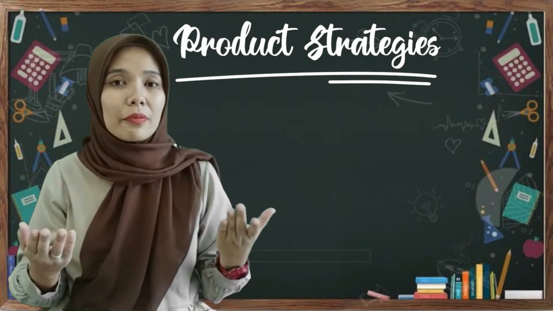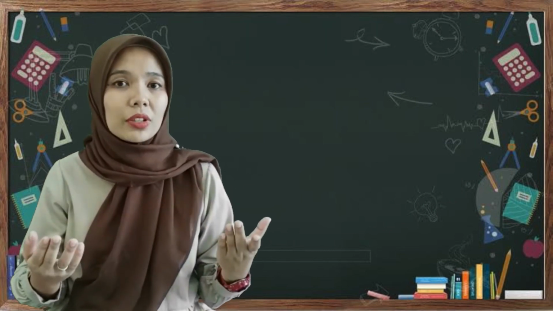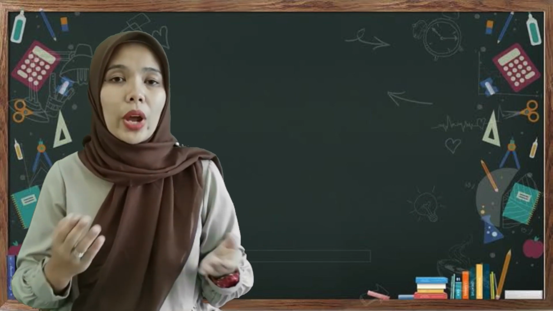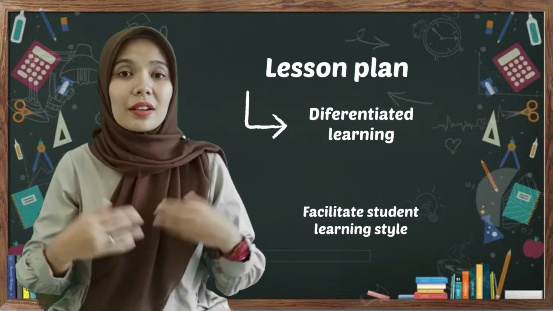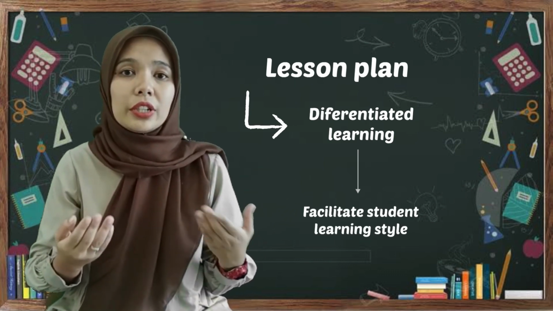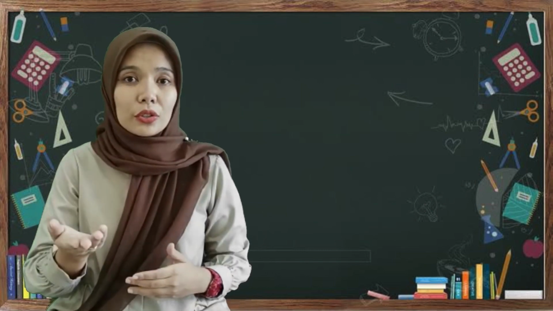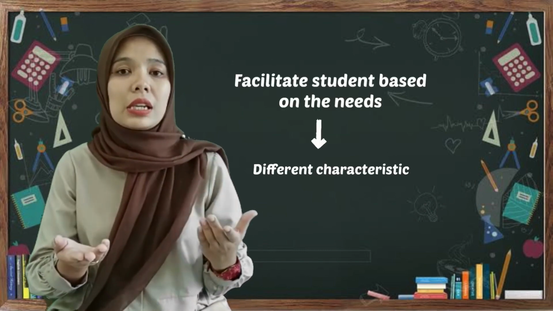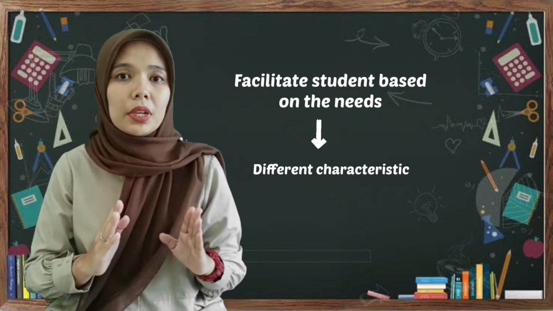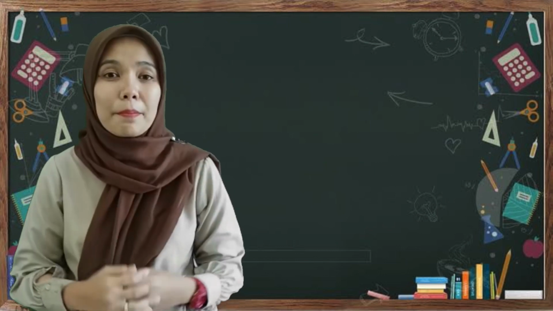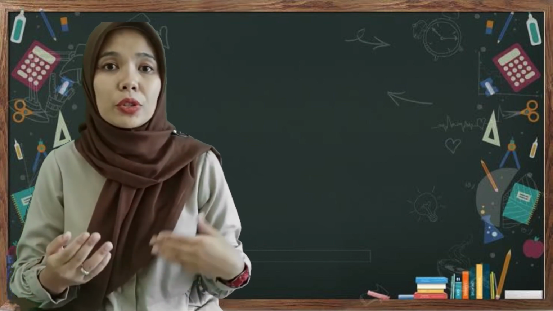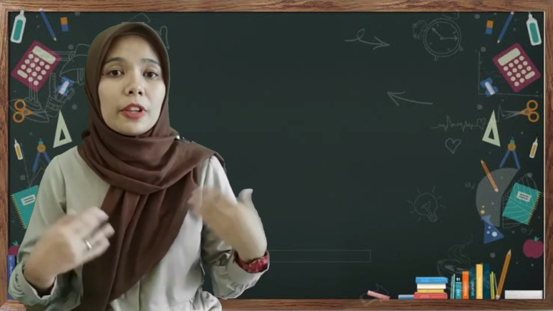Based on the problem that has been described before, there are some strategies to solve the problem. One of the output products that we have made is a lesson plan. The lesson plan has implemented differentiated learning to facilitate different learning styles of students. Teachers should facilitate students based on their needs because every student has different characteristics, so they cannot be treated the same. Based on the diagnostic test result, we found that many students are visual learners, so teachers should facilitate them